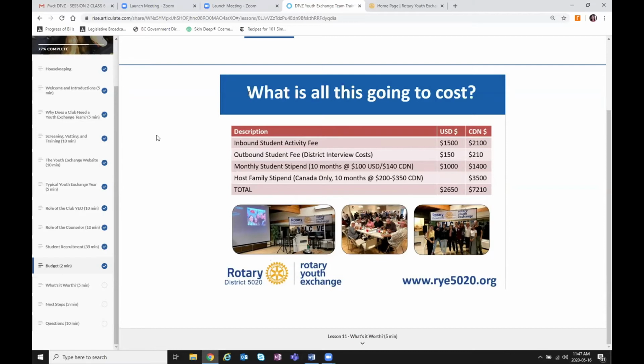It's $7,210. In my club, our budget is about $9,000 because, you know, if she's a skier, we try and give her a ski pass. We paid for swimming lessons this year. We're lucky we're able to do that. That's not necessary. A lot of clubs do provide a cell phone. We actually keep the cell phone plan year over year and just inactivate it for the two months the student's not there, and then pass it on to the next student. We've got two phones set up that way.